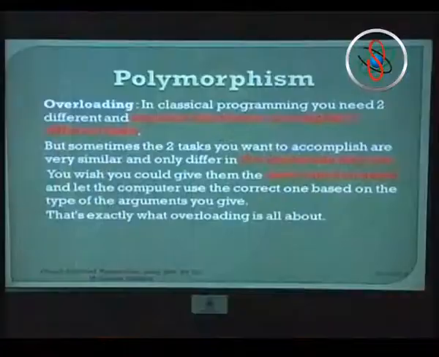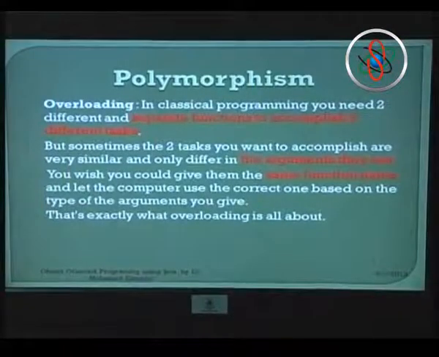Polymorphism. Actually here we are speaking about separate functions, 2 different functions or more than 2 functions that accomplish different tasks, and how we can make a function that can do a task here, and later on we use it in different places to do different tasks. This actually depends on the argument, the input data. And these functions have the same name. We are going to differentiate between this and